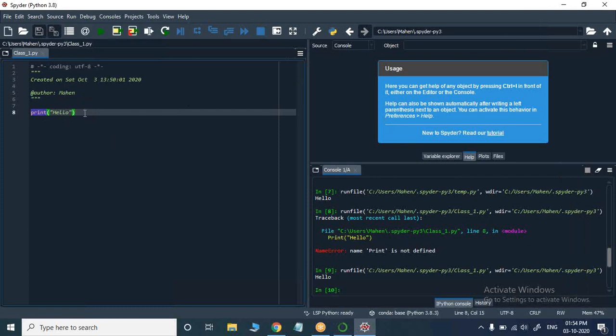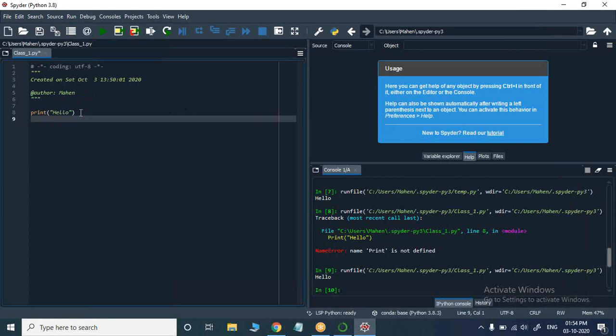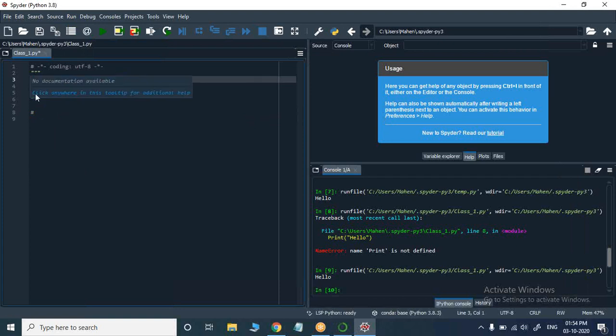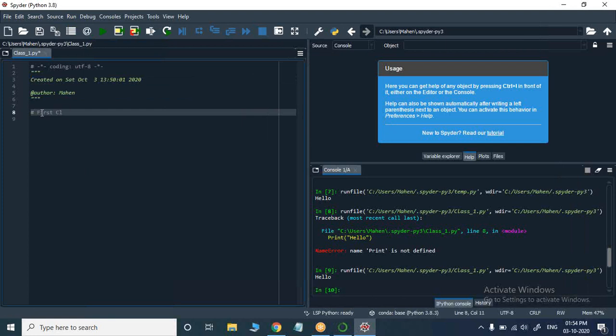Okay, but more than that, first now, Mahendra, I want you to write the comments. How to write the comments in Python? Now you have run it, delete this, start writing your comments. What you are trying to accomplish today. So how can I write a comment? I can use this also, or I can put my comment like it is already here. Use the same hash. Use hash, because this is the first class on Spider.